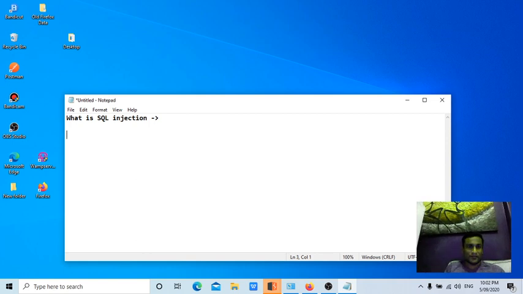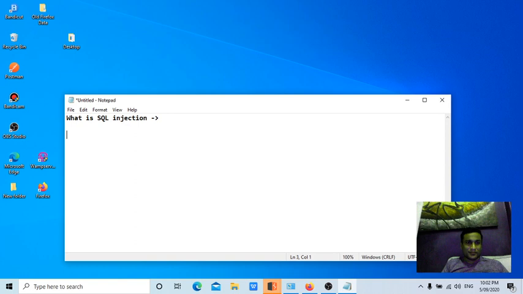In layman's words, in the place of username and password, the attacker will put SQL code there, like select queries, drop table queries, or insert queries. If that query is executed in the backend, then the attacker can read records from the database or insert records into the database. The attacker can also create files on the server using the SQL function out_file, or read files on the server using the load_file function.